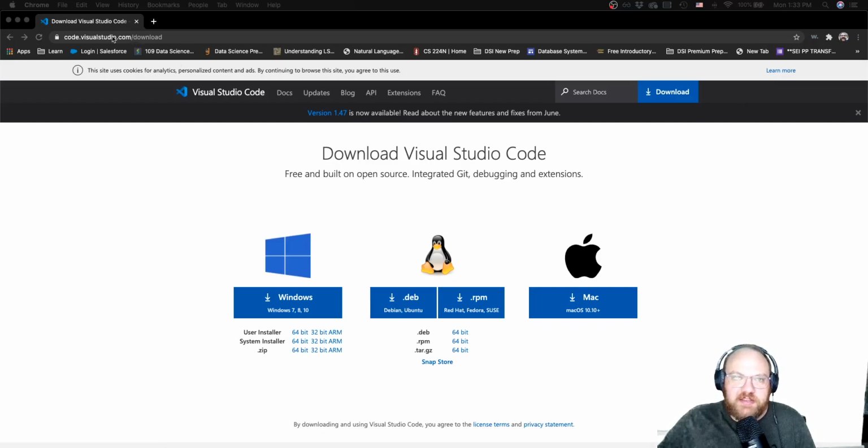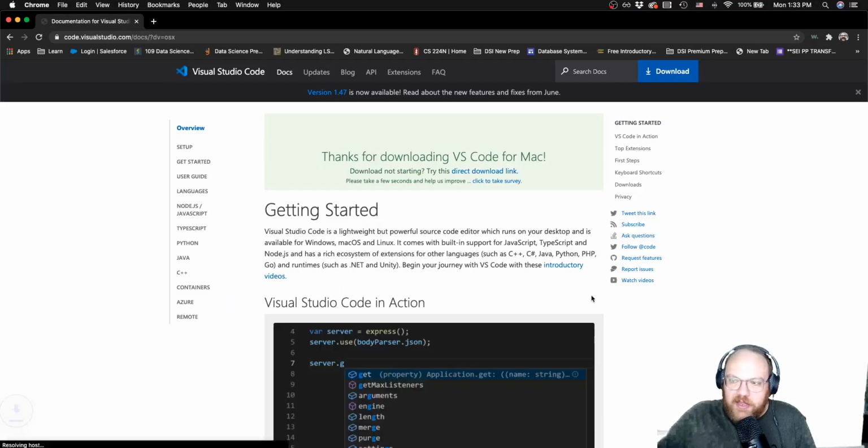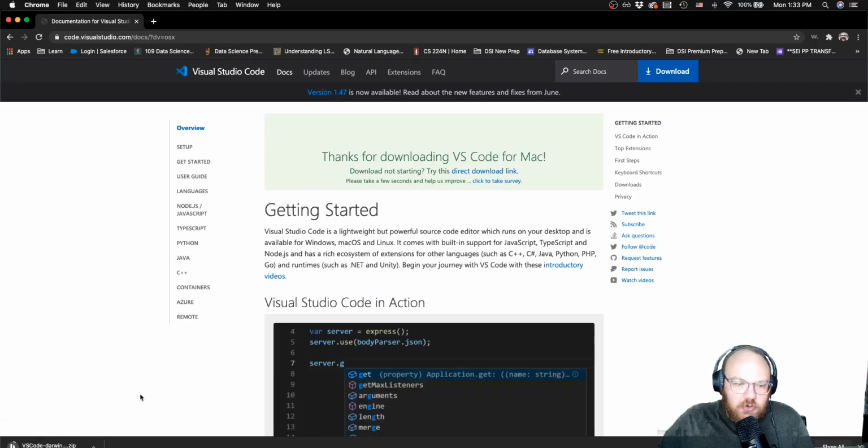So I have this page open. We are just at the Visual Studio Code download page. I just did a quick Google search, download Visual Studio, or VS Code for short, and it brought me to this page. So I want to go ahead and make that download. It should go relatively quickly. It's just about 85 megabytes. As a reminder, VS Code is a really robust text editor that we're going to use for most of our Python